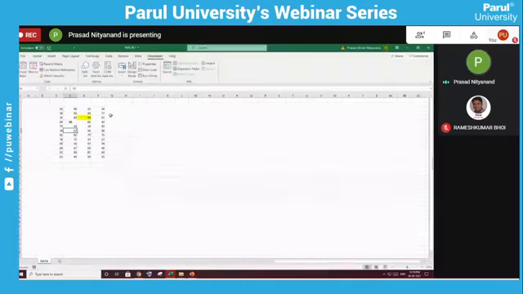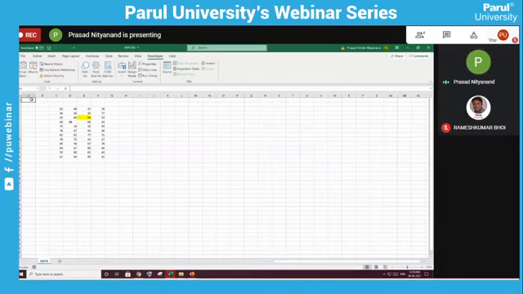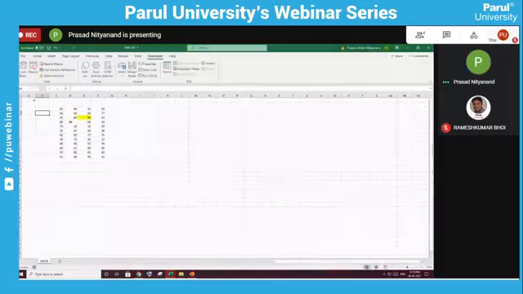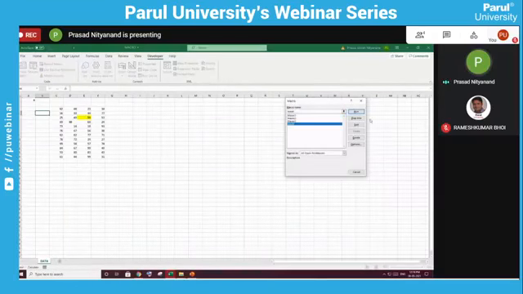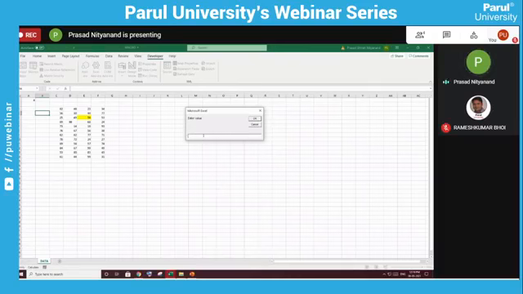First, we will make sure there is some value in our A1. I will make it 4 here. Then I will run this macro. From this macro, I can run this test1. It will ask enter value. I will do 3. So it will show 13. Why 13? Because 3 square plus 4. So 3 square is 9 plus 4, 13. So this is how we will write a macro and we will display it.